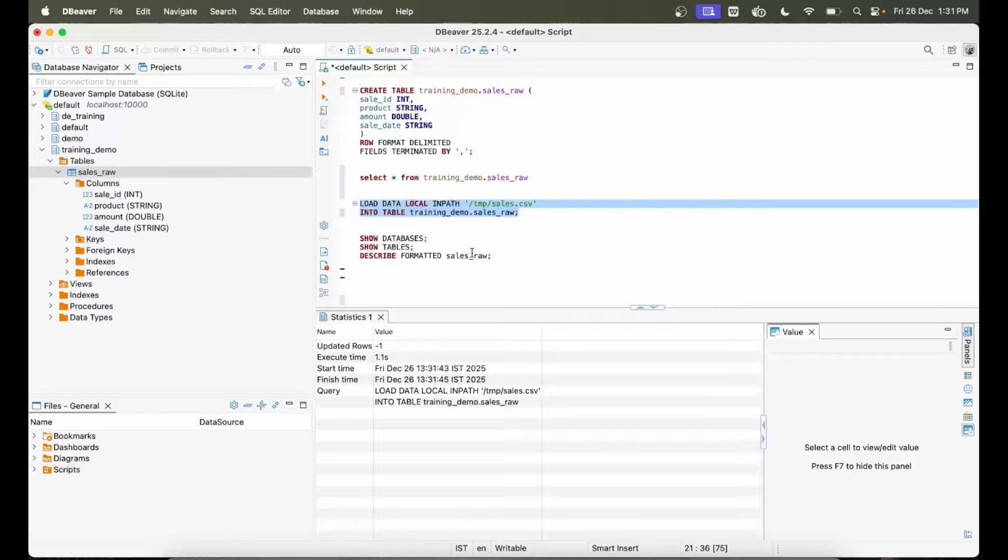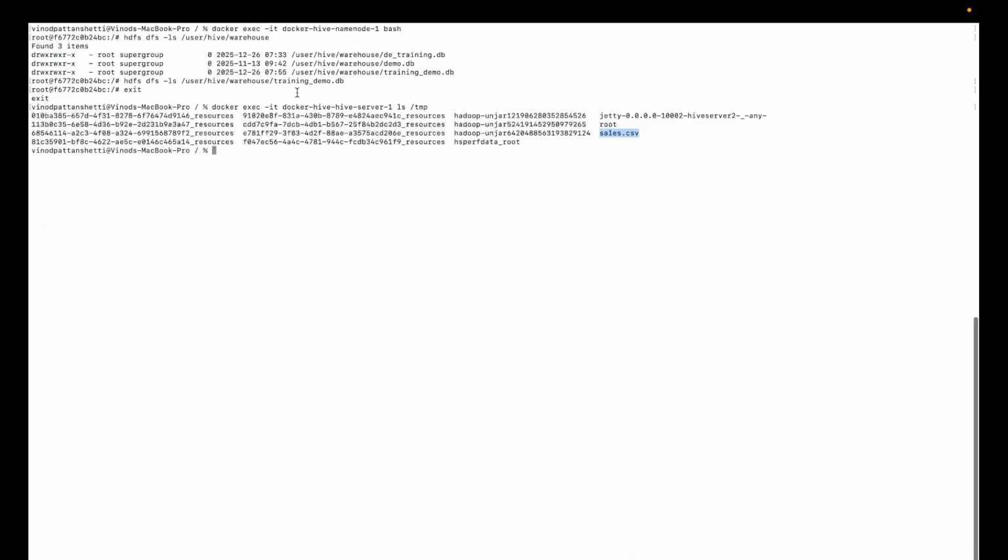So what happened behind the scenes over here is the file that was present in my local will just get copied to the HDFS path, that is user/hive/warehouse/training_demo.db/salesraw. The sales.csv file will be copied over there. So I can show you in my terminal. Initially when we did hdfs dfs ls on training_demo.db, we did not see anything. But now if I want to see something, I have to